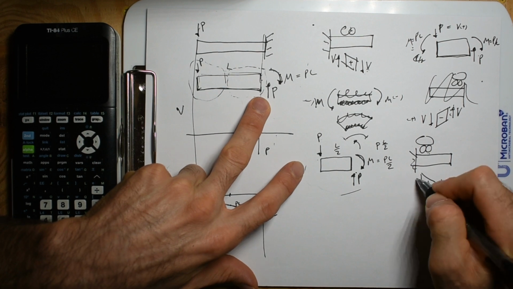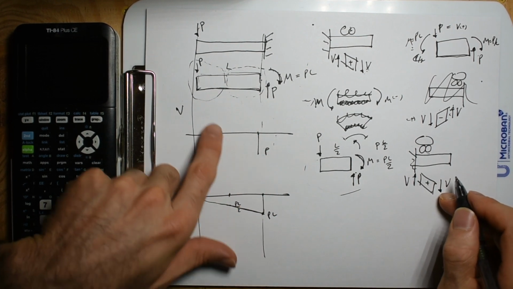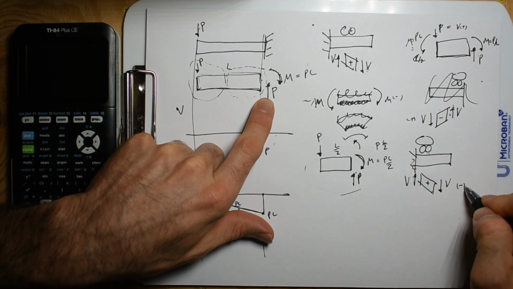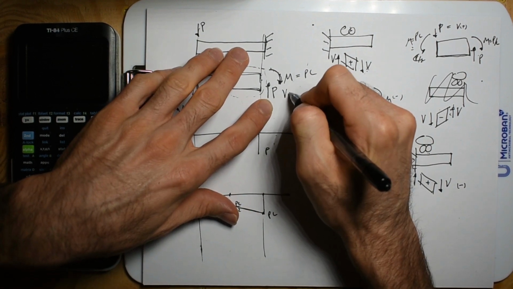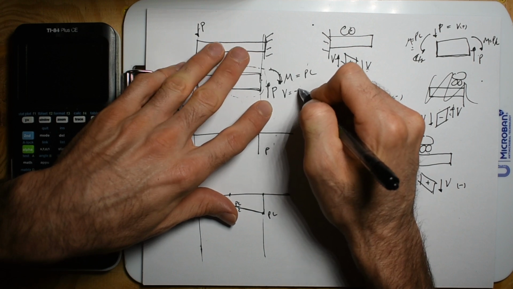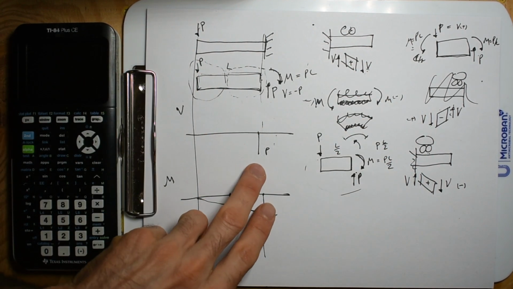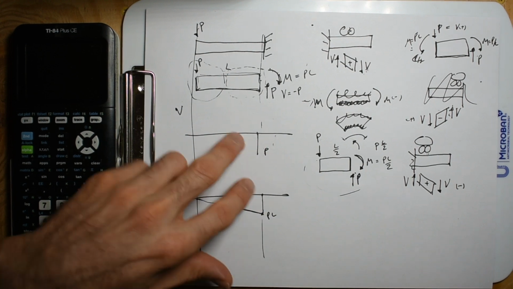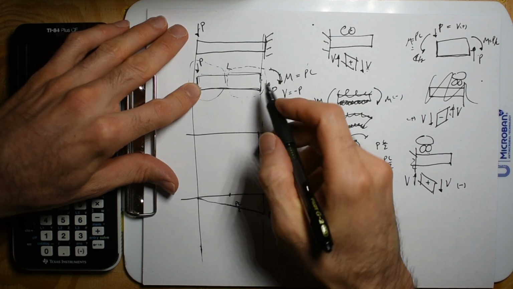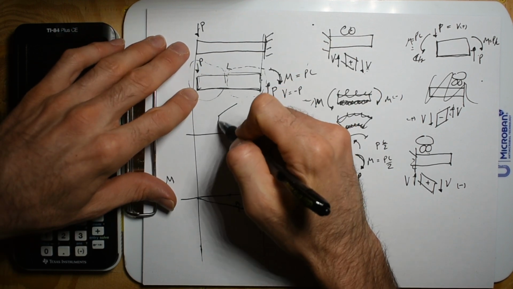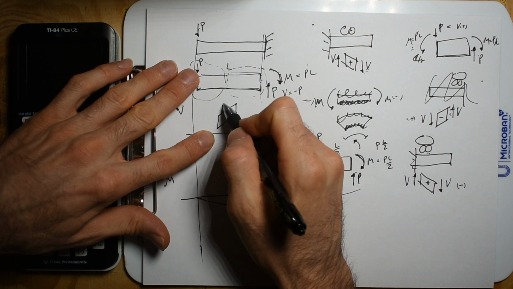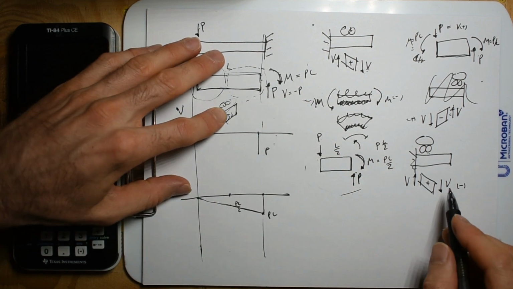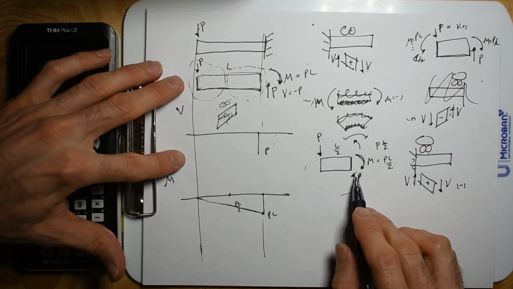So we have a downward force and then an upward force to do that. What we see on the cut face is an upward force. So we know we're going to have a negative shear. So we're going to have a shear that's going to be negative P. And that's what we have right there. Is that right? Yep, because if we have a P on it, it's going to look like that, and that looks like we drove a car over it from right to left, which is the negative convention for shear. Okay, so